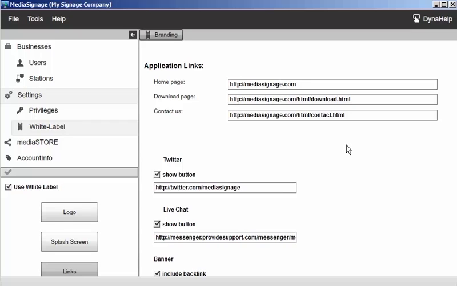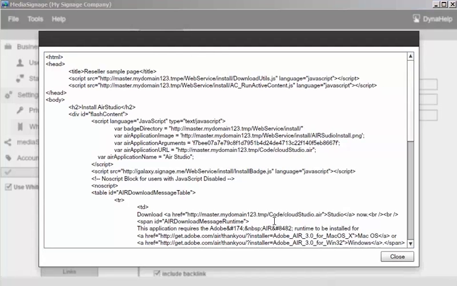Now, one interesting thing that I wanted to show you is that if you go over here and click on the white label page, this will provide all the HTML code that you need, so you can create an HTML web page directly on your own web server. So anybody in your organization can now go to this HTML page and get a direct link for installing both the Signage Player and the Signage Studio. Now if we look a little closer at the code, you can see that all the links are referencing your own local media server. So for example here, master.mydomain123.tmp. So you can provide a quick installation method for customers just by providing them a link to this